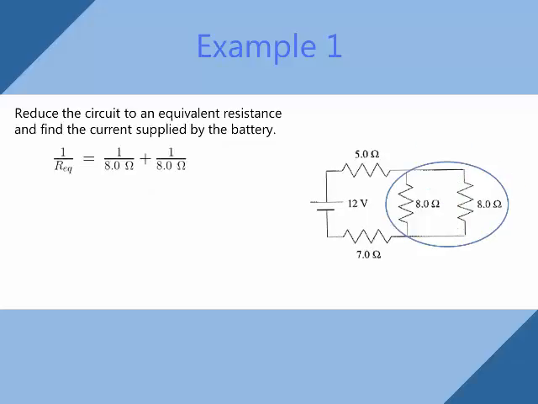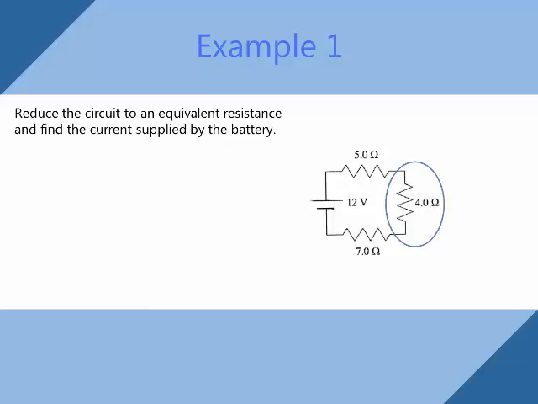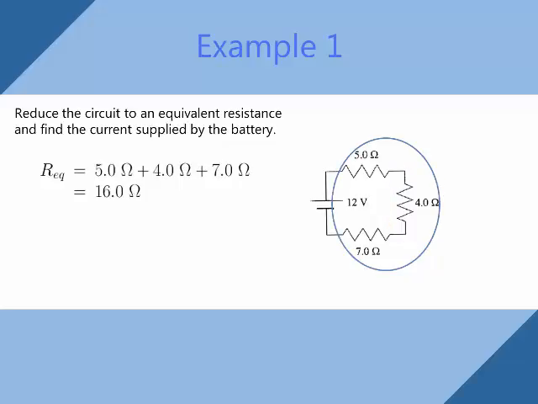Our second combination is two 8-ohm resistors that are in parallel, so we plug our values into the equation for parallel resistors. 1 over 8 ohms plus 1 over 8 ohms gives 2 over 8 ohms, which can be simplified to 1 over 4 ohms. 1 over 4 ohms is not the answer. We still need to take the reciprocal of both sides of the equation in order to get equivalent resistance equaling 4 ohms. Updating our drawing, we now notice that we have three resistors in series that we can simply add